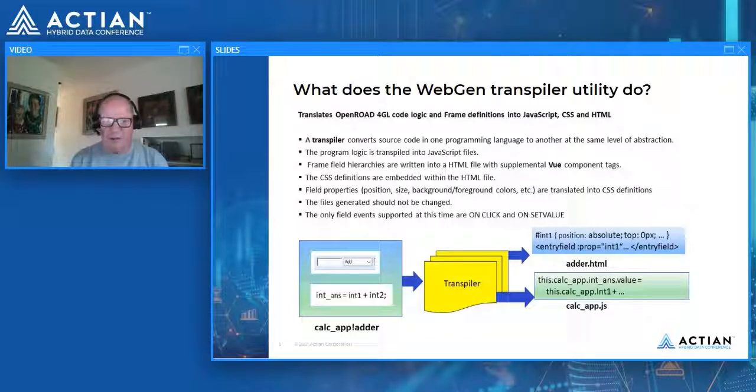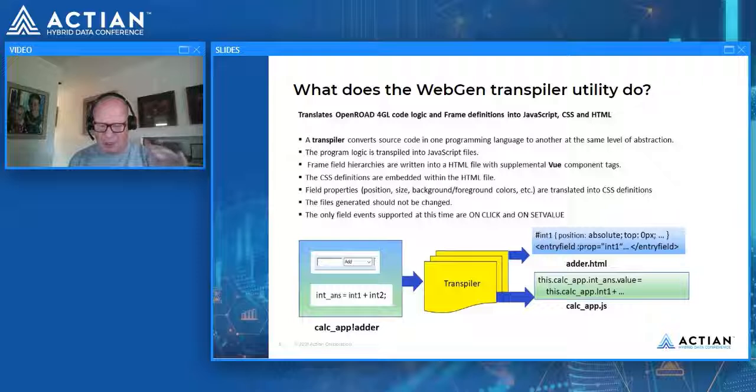Basically, the output from the transpilation process is JavaScript, which represents the program logic that you actually coded in 4GL, and HTML, which is what causes web pages to be rendered within a browser. And within that HTML, we actually embed CSS, which stands for Cascading Style Sheets. Some of it in the HTML is hardwired, just stuffed cascading style sheets that are used